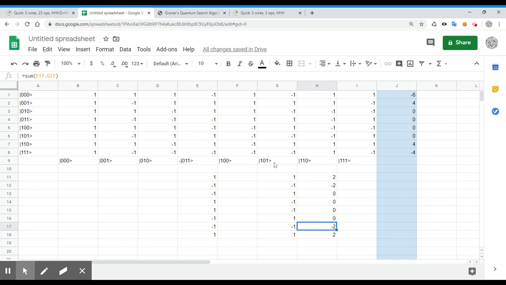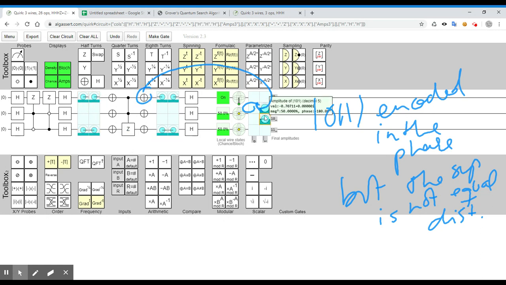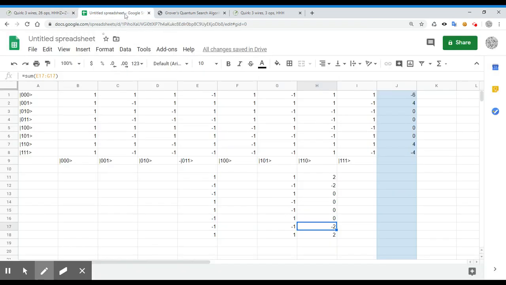Which element have we flagged? 1, 0, 1. 1, 0, 1. Oh, wait a second. Exactly. So the only difference between these two elements, these two superpositions, is that you need to tweak this one here. Sorry, here. You need to tweak it here. And then you end up with the